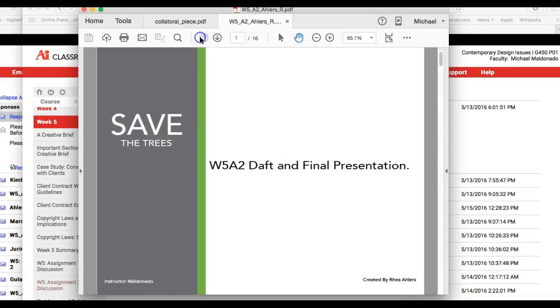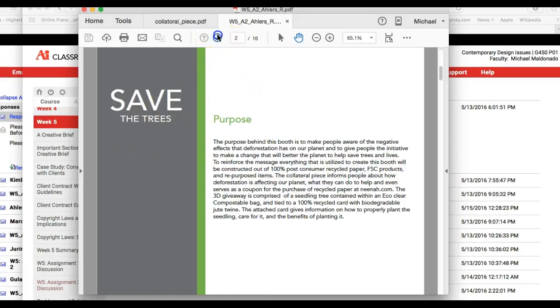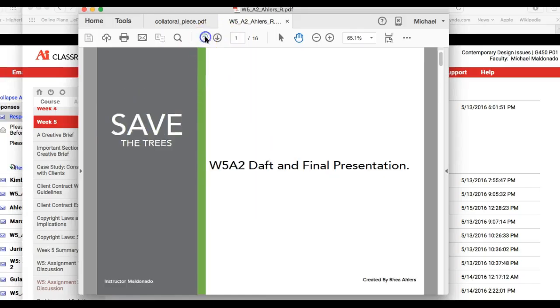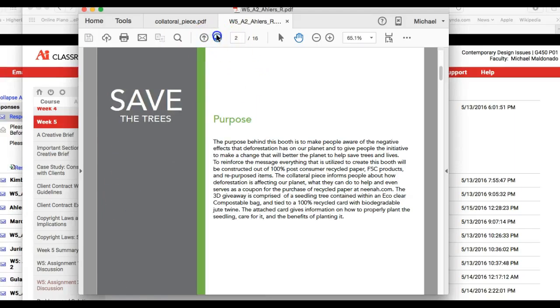Okay, so the reason I'm going through this so quickly, paging through it like that, is I want you to watch Save the Trees when I go from page 1 to page 2. See how it jumps over like that and changes size? Well, no, it doesn't change size, but it definitely jumps over like that. So let's make sure that's anchored down on each page. Same thing with